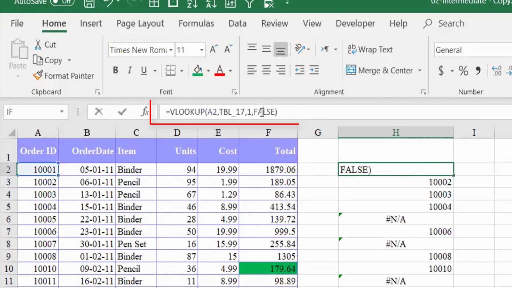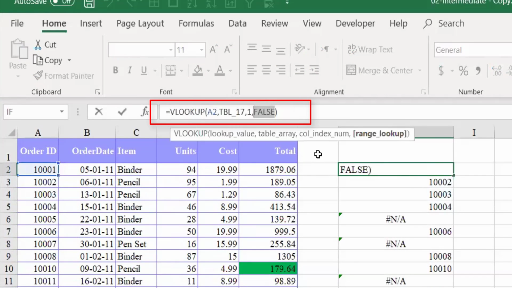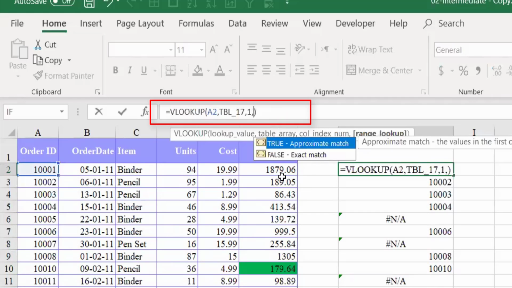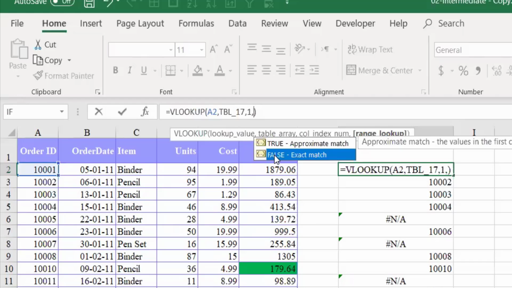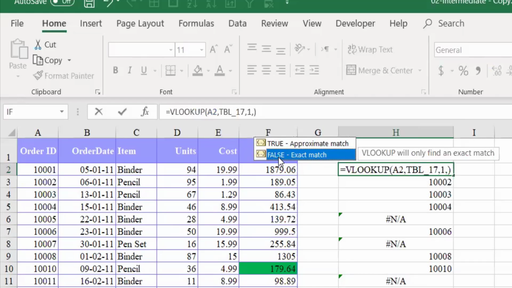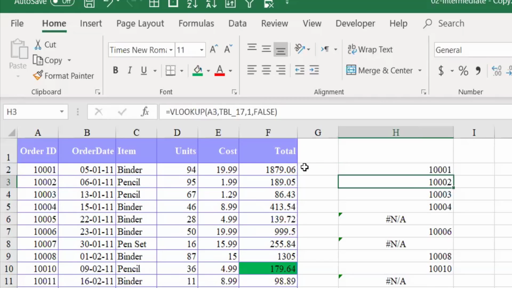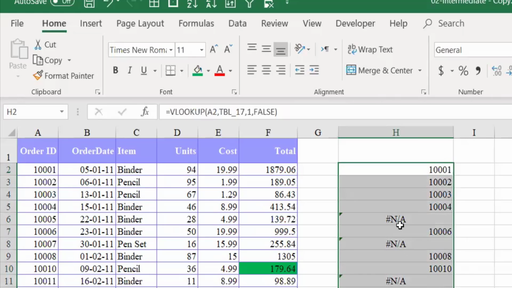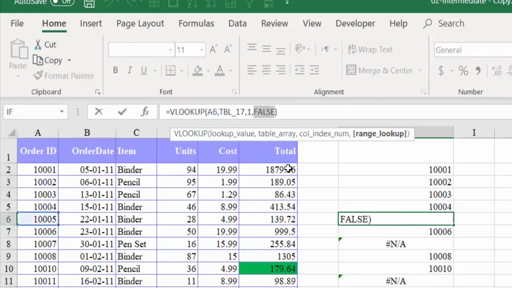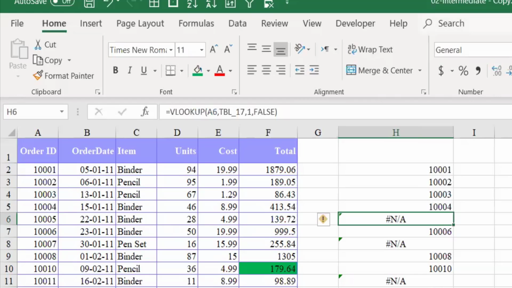And the last parameter is very important. When you press comma here, you have to put this FALSE always. By default, TRUE will come, approximate match. So you may be wondering why this approximate match is required, but there are business scenarios where we require that. I will show you probably in the next class. I don't want to confuse you now. But it is rarely used. This always you use FALSE only. You can put 0 also, or you can put FALSE. So, okay, clear? Yeah, clear.